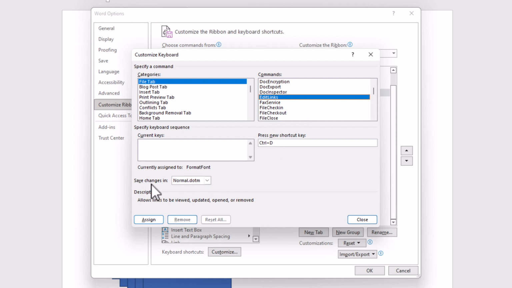You could even save the changes in the normal.dotm document template for Microsoft Word startup, which is the main file read for documents here, or you could save changes only in this current document, which are only local changes for this document, which I prefer